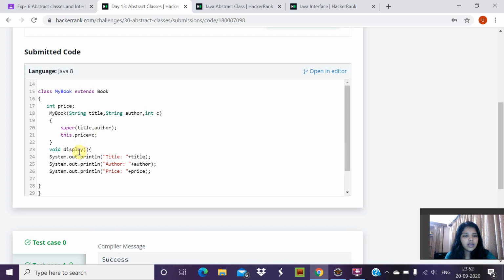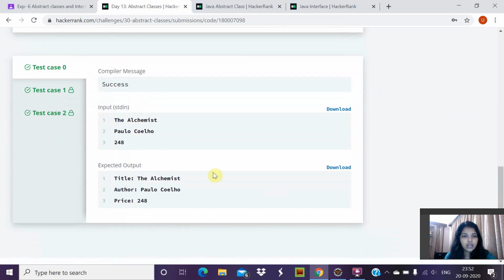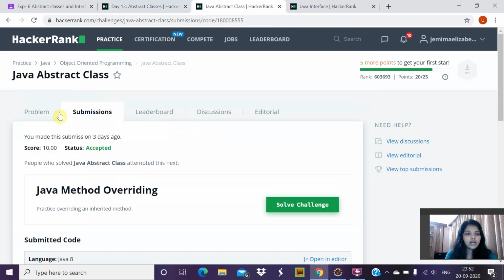Now inside the display function we are displaying title, author, and price. So the output will be like this. The input is The Alchemist, Paulo Coelho 248, and the output will be title colon The Alchemist, author colon Paulo Coelho, and price colon 248. So now let's see the second program, that is